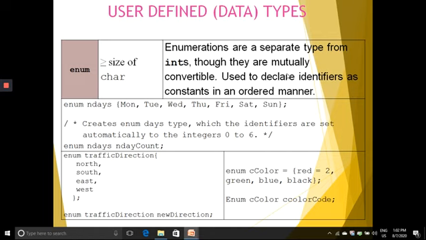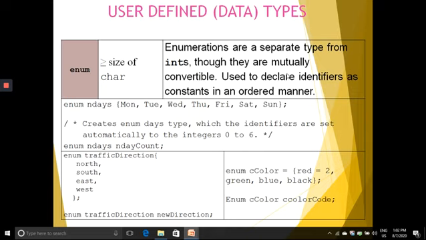It creates the enum days type, where the identifiers are set automatically to the integers 0 to 6.